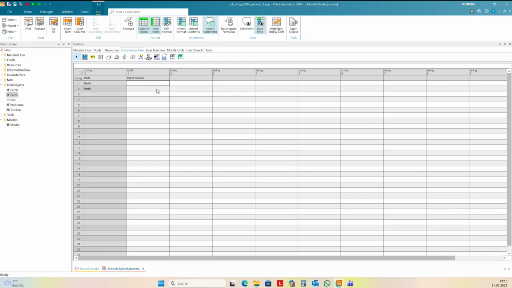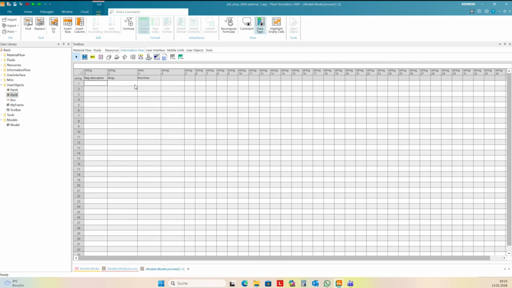This column should be the bill of process or process plan. And if you type something into this cell and then press the key F2 or double click, then you come into the subtable. I want to have 3 steps here.